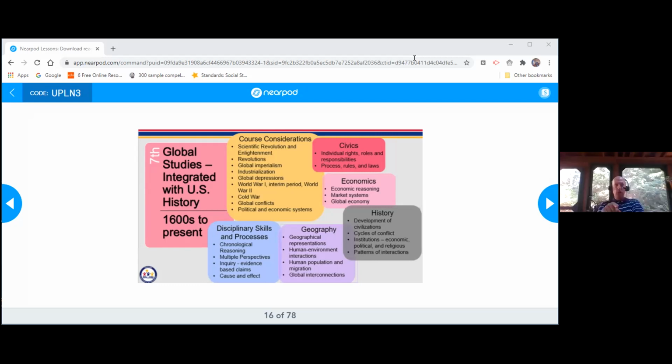Yep. I know Paula, one of my teachers, linked back the idea of using those current events to bridge the gap between the past and present. Yeah, the Cold War. How much could you talk about with Biden meeting Putin this last week and the Cold War? You could connect that really easily. And then you have all of your disciplinary areas that you're supposed to cover within your course. So no longer do we just do geography in a silo and history in a silo and economics in a silo. We integrate all of those together.